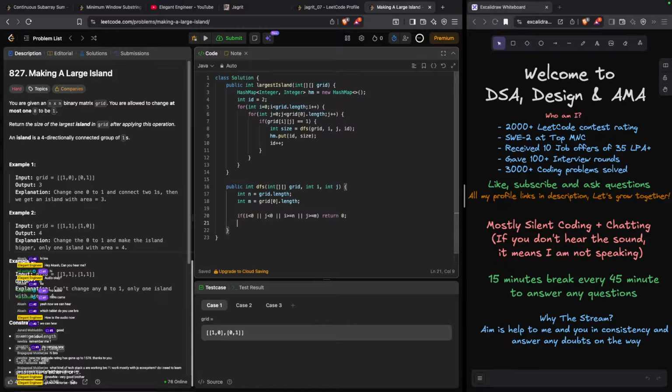Then if grid of i, j is not equal to 1, then also you just return. Otherwise you mark this cell with the ID, whatever ID that you have.